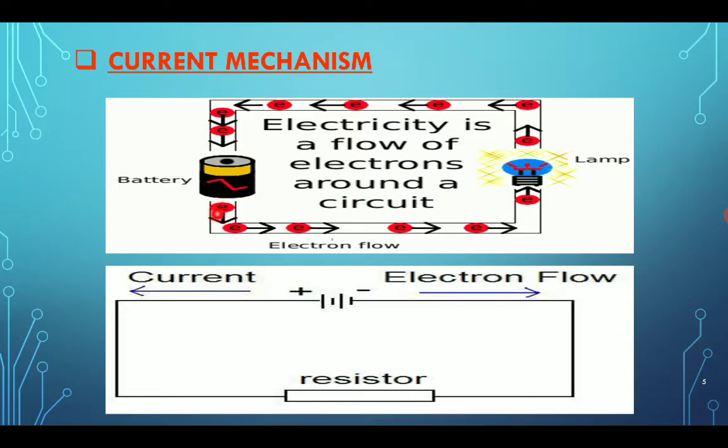Now, as the electrons come out of this negative terminal, they move in this manner and flow through the conductor, making the bulb glow, and then enter the positive end. So from the negative they move, and here they enter the positive. This is the basic, simplest form of the circuit. Electrons are flowing, the bulb is glowing, and we are connecting a battery.